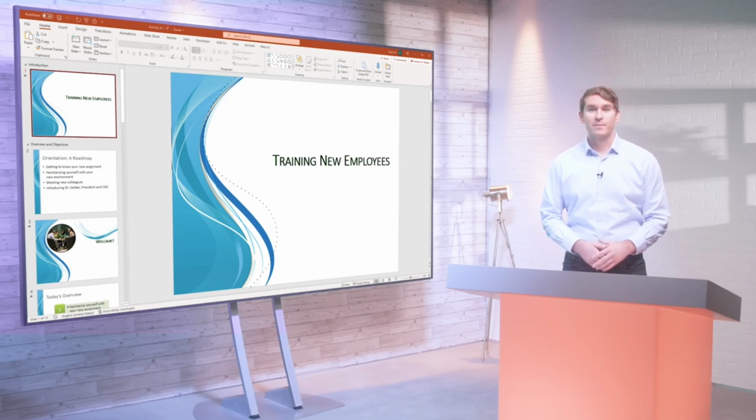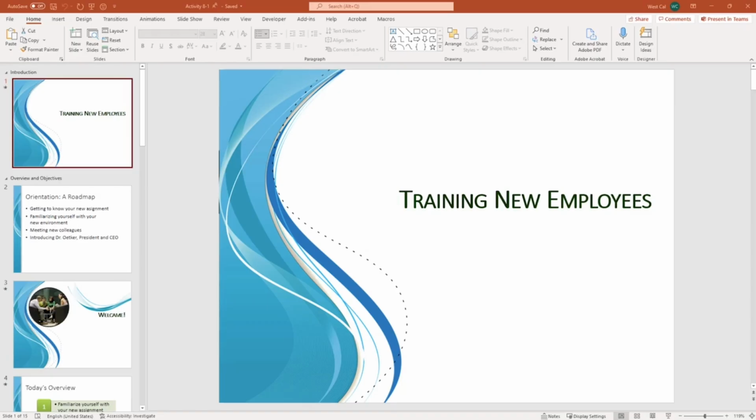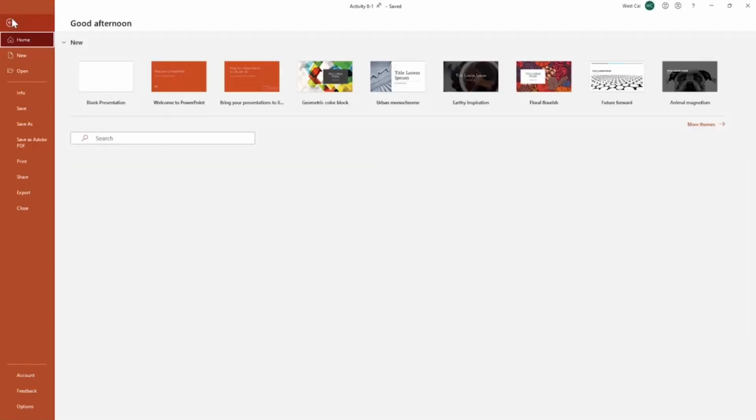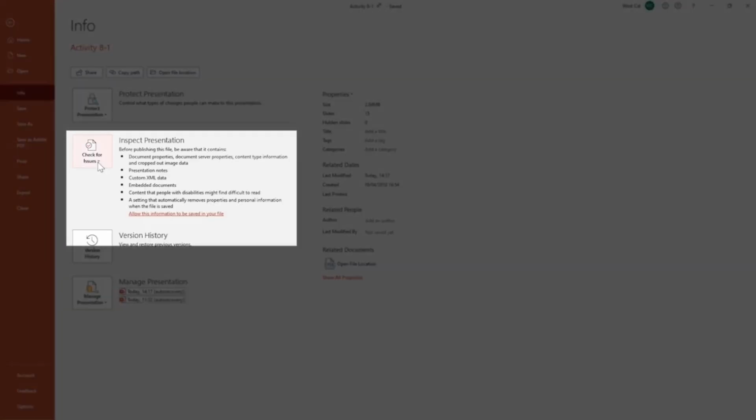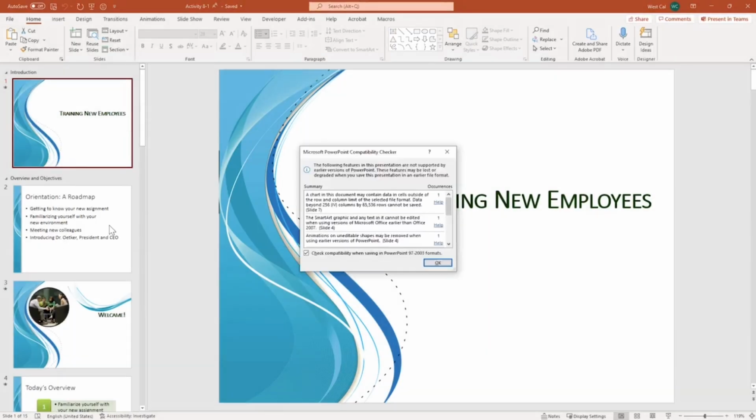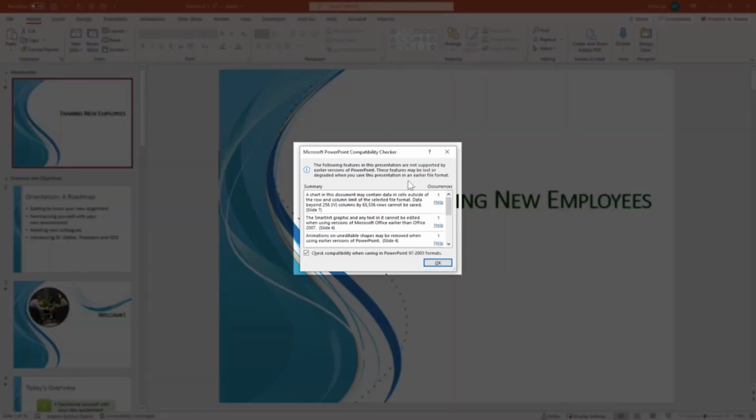those with visual impairments. Grace can use the compatibility checker to save an older version of Microsoft PowerPoint to share with her colleagues, as can any user of Microsoft PowerPoint. To start the process, click File, Info, Check for Issues, and Check Compatibility. PowerPoint will scan your presentation for possible issues. It will then let you know what elements are incompatible and how you can deal with them when saving your